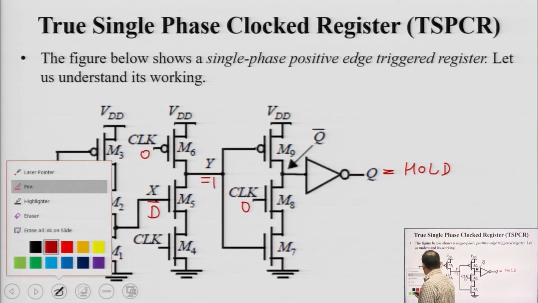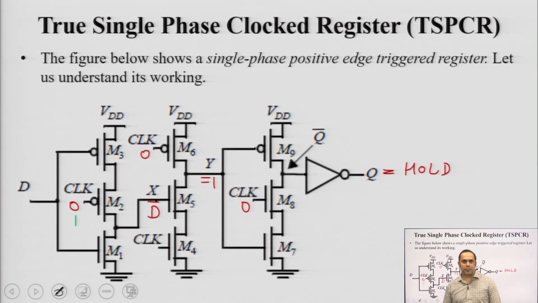Now, suppose clock goes to 1, it makes a transition from 0 to 1, M2 goes off, right. Now, whatever happens to the input, this goes to 1, M4 turns on, M6 goes off, right. Depending upon the value of D bar, if D bar is 1, there is a path here for discharging. So, Y will discharge. If D bar is 0, Y will hold its state. So, either way Y is going to transmit this D bar here,